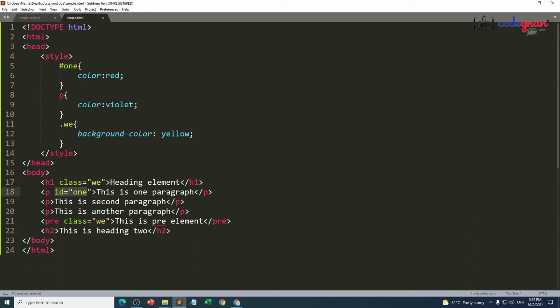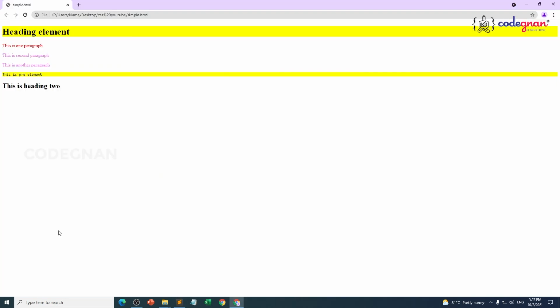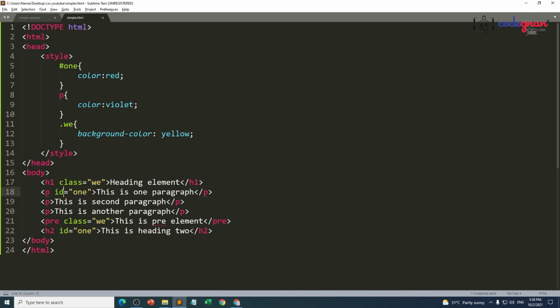If I use id for another element, will it apply? Of course, yes. That property is definitely going to be applied to another element, but that is not the meaning and importance we give to the id attribute. Always we provide id for uniqueness.